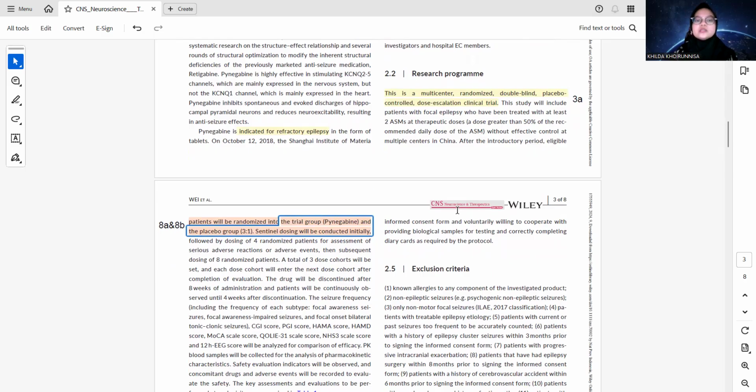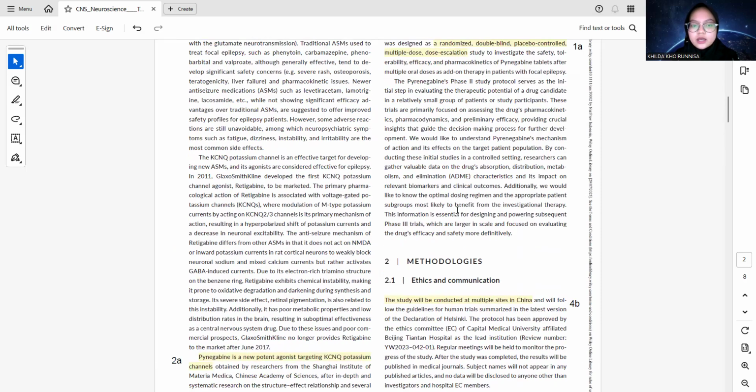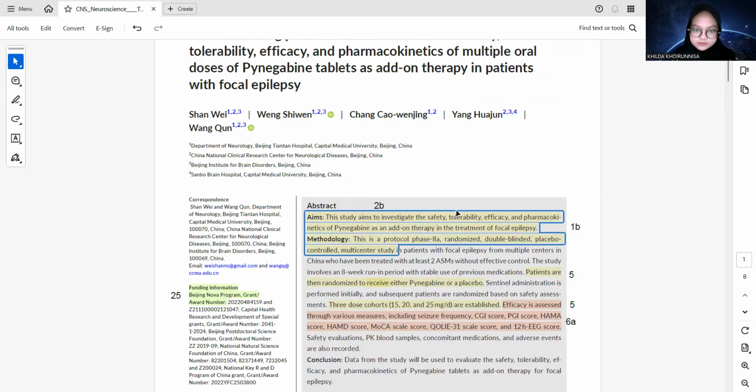This will need to be addressed in the results publication. Next, the results section, covering participant flow, baseline data, and outcomes, is not yet applicable because this is a protocol paper. The trial is planned, but results haven't been reported.